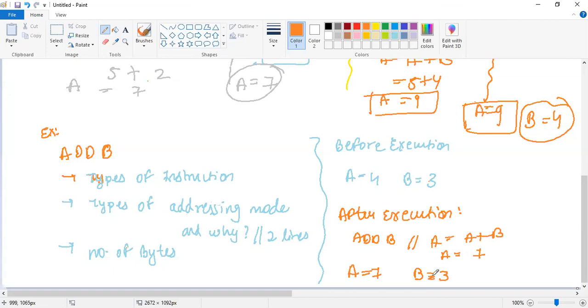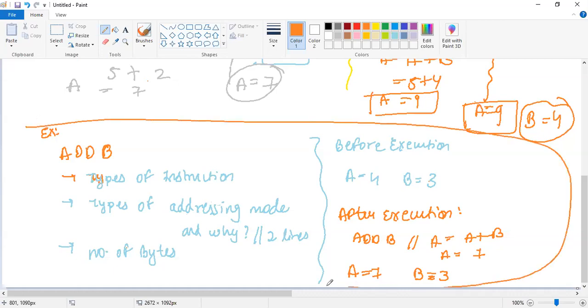Take an example: before execution, after execution. You have to write in this way. So all this comes for only 1 mark in your examination. So you have to write all this for 1 mark. They will give you 5 instructions, and then you have to explain all the 5 instructions for 5 marks. Okay, so you have to just write these 3 points and give this example. If you write, then only out of 50 you will get around 49.